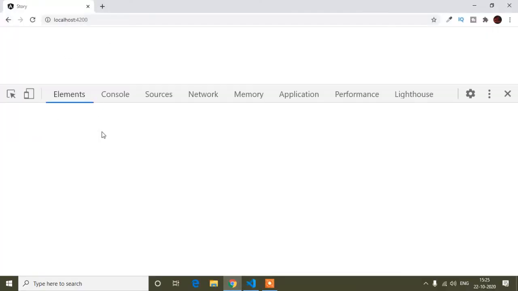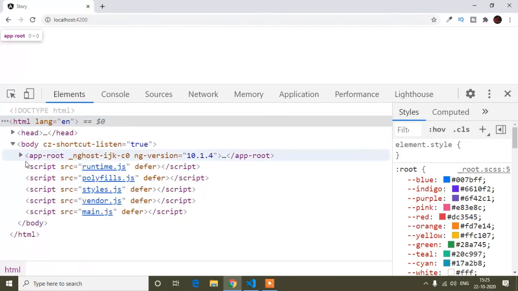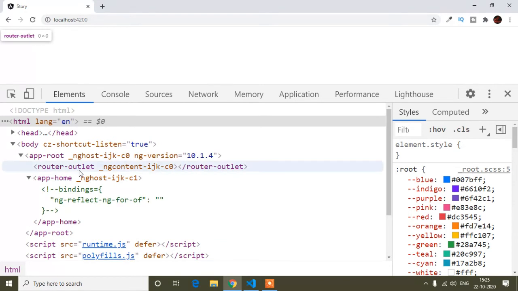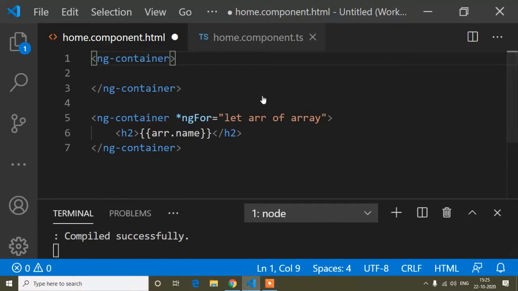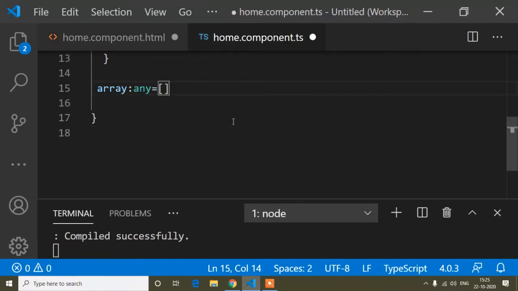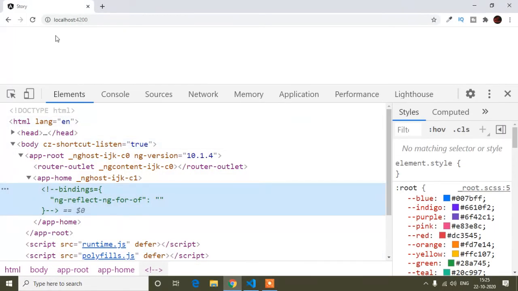I will show you again: if I inspect it and open here, you can see ng-container does not come into our DOM element. If you are confused, I will put this one and check it again.